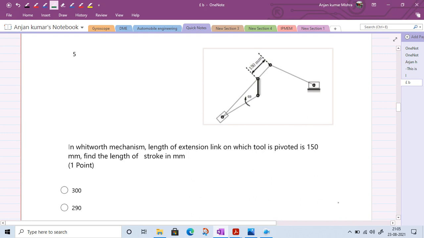So in a Whitworth mechanism, the length of the extension link on which the tool is pivoted is 150 mm. So the extension given here, the link on which your slider is mounted, is 150 millimeter. So find the length of the stroke. There is a simple formula for this. If the length of the extension is given, then we will write the length of the stroke